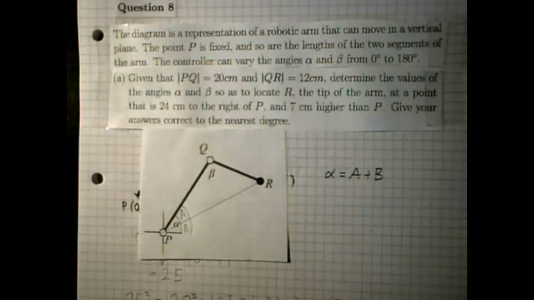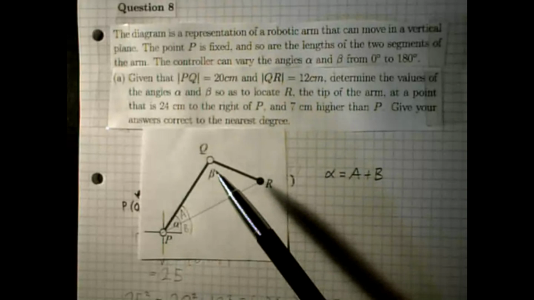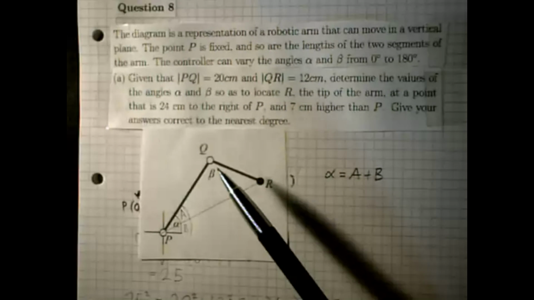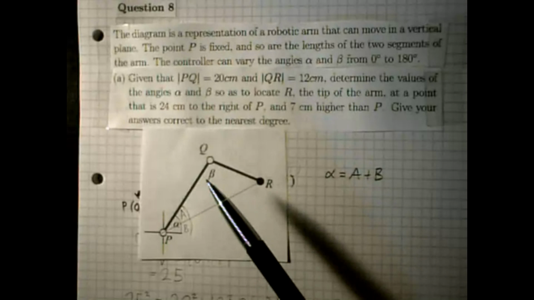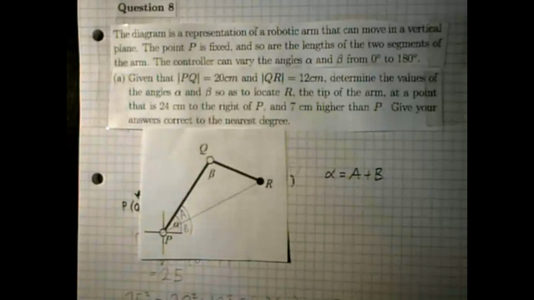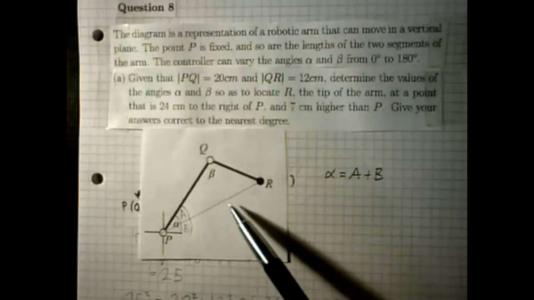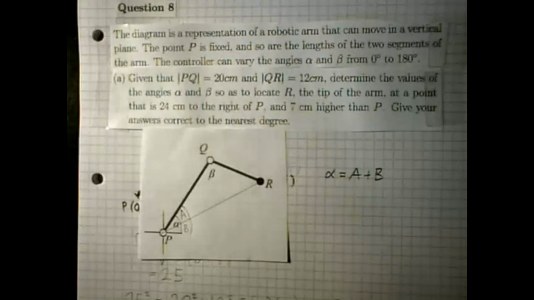In question 8 you're given this diagram here, which is a robotic arm with an elbow type of thing here at Q. You're given the coordinates of R, and you're asked to find this angle here beta and this angle alpha. If you'll notice in this diagram, you're pretty much just given this triangle here and the coordinates of R relative to P. So my hint is you can use all kinds of trigonometry and coordinate geometry rules to get the